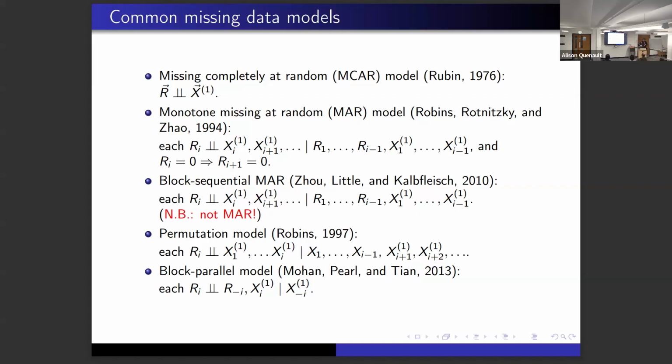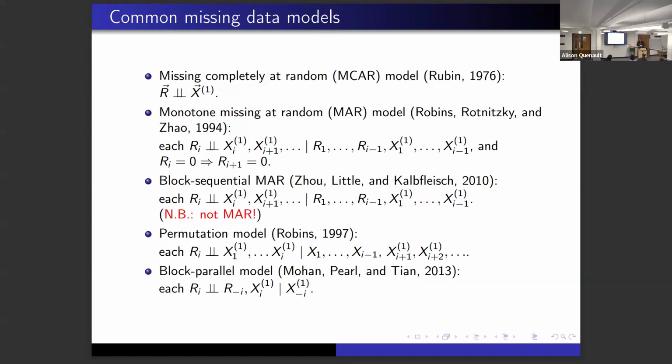And there are two statements in this model. One of them is monotonicity, where if I'm censored at some time point I stay censored after that. So this is like study dropout. So I'm in the longitudinal cohort study, and I withdraw my consent, and therefore I sign a little form. And once I sign that form, I'm out, and I don't get to come back. So that means once I sign this form, I don't get measured at that time point or at any point after that. So it's meant to model that kind of censoring. Okay, so that's monotonicity. And then the other assumption is that the missingness indicator is independent of the present underlying variable and future ones, conditional on the observed past, essentially.